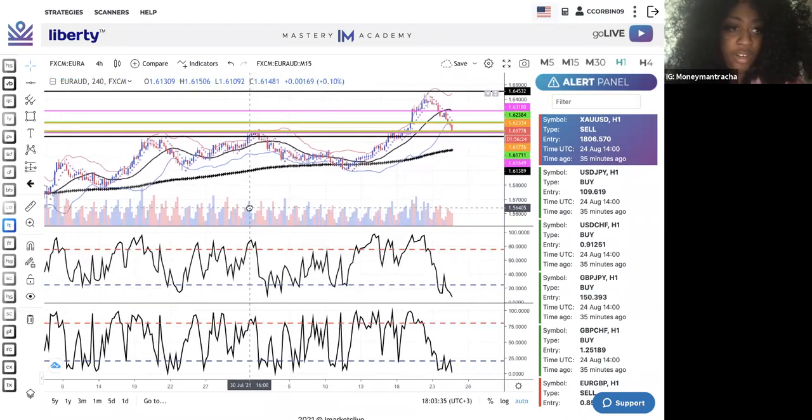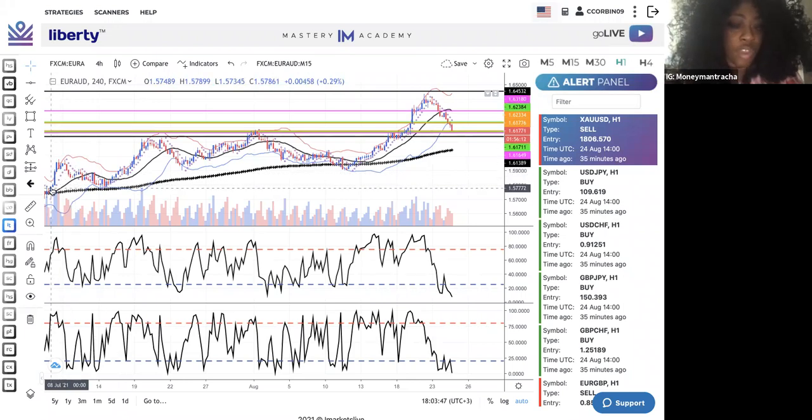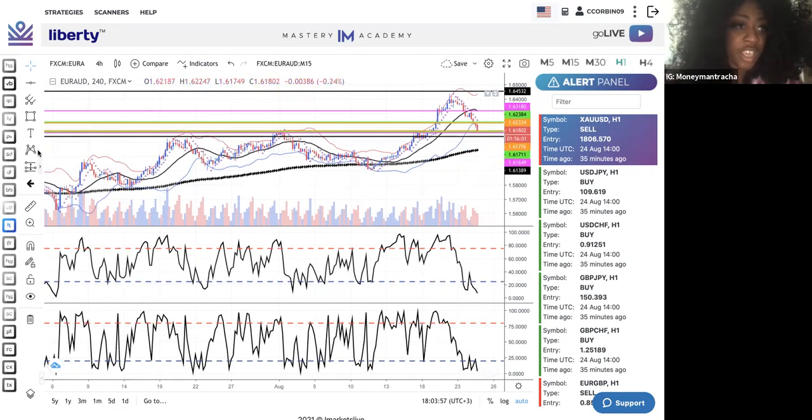I'm going to stop right there because I don't want to go back too far. It hasn't even experienced another cross yet. So it's actually still going up. And remember, you could actually be in for a buy and for a sell at the same time. But I'm just showing you guys an example of the EMA cross right now. If we did get in right here where it crossed and we just held it all the way up,